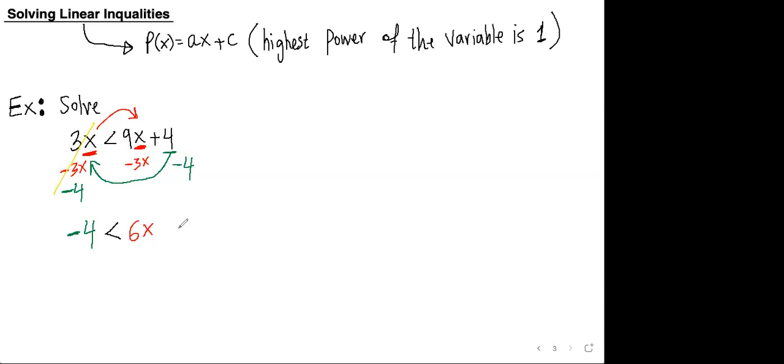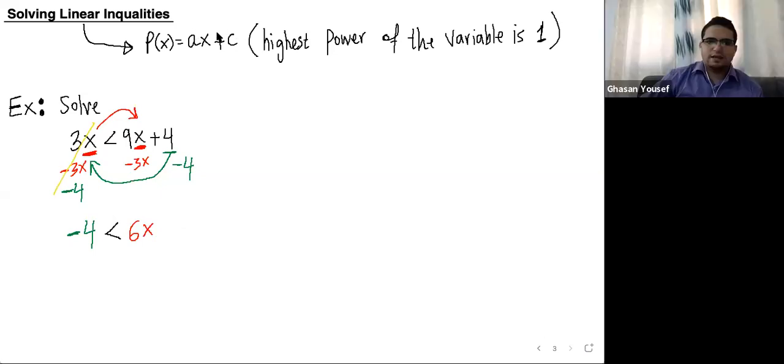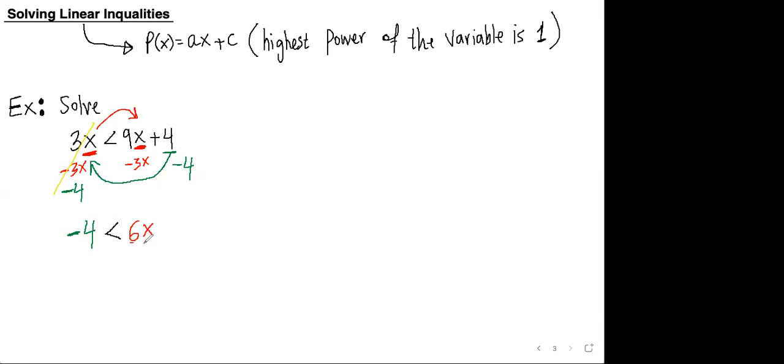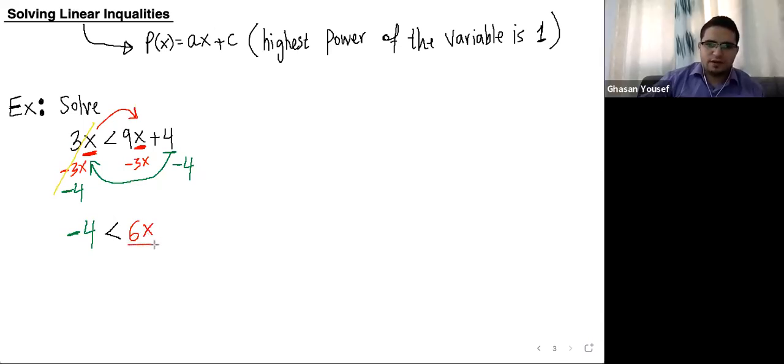Now what do we have to do here? You just divide by 6 on both sides. Exactly. Divide by 6 on both sides because I need the value of x, similar to an equation. So I divide both sides by 6. This cancels out, and I get x